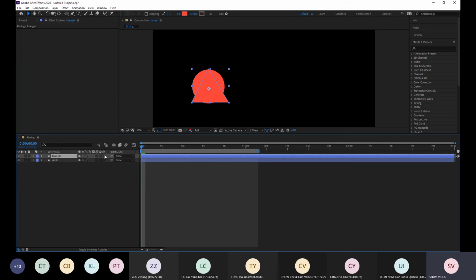So I'm doing this again. I'm selecting the triangle layer, then using the spiral button and dragging it into the circle.